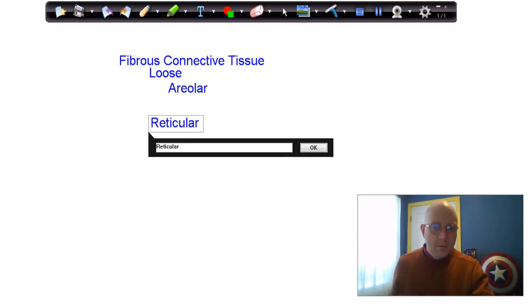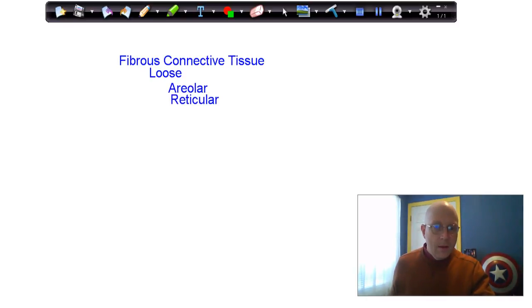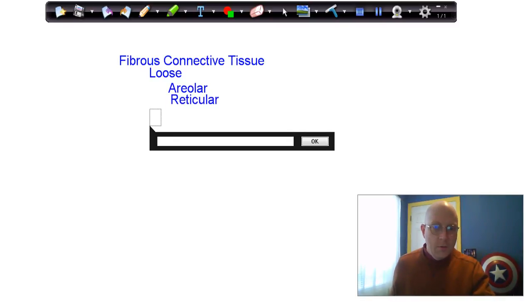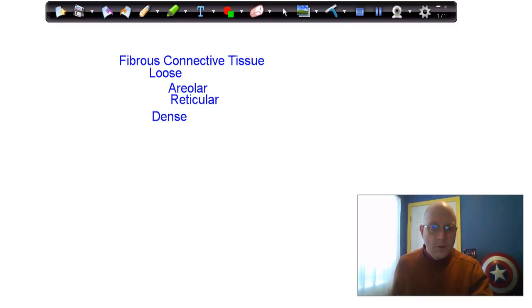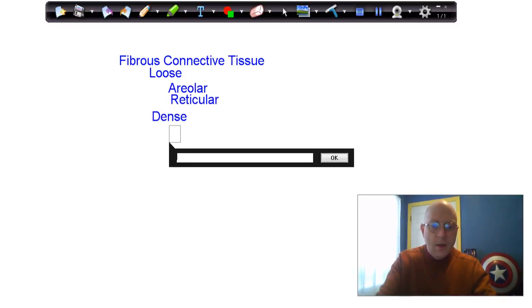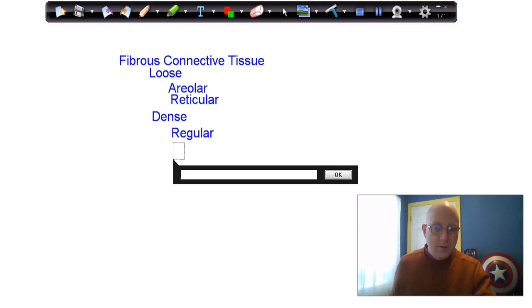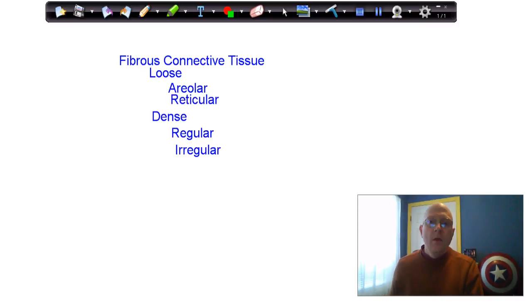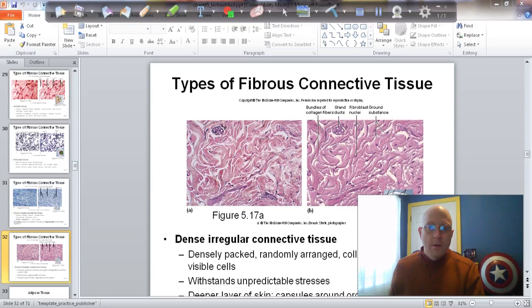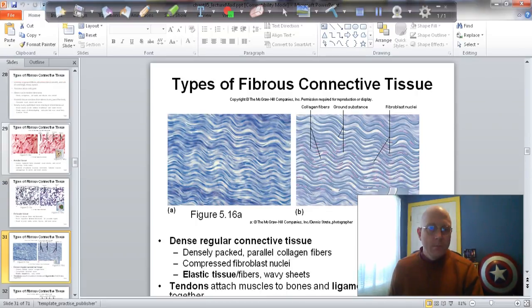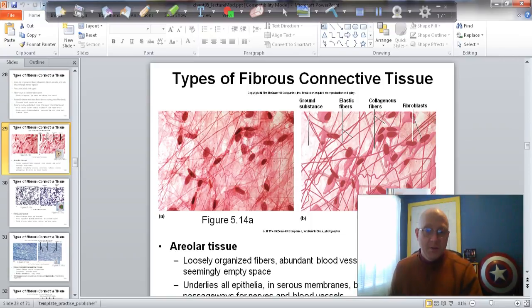Then there was the dense form of fibrous connective tissue, which had as its subcategories dense regular and dense irregular fibrous connective tissue. Good. Now, these forms, what made them different from one another was the quantity of fibers that you could find in the tissue, as well as the quantity of ground substance, because after all, that's what defines fibrous connective tissue,